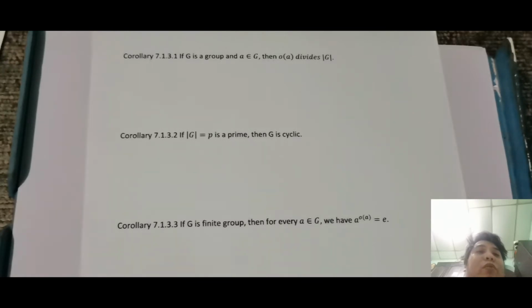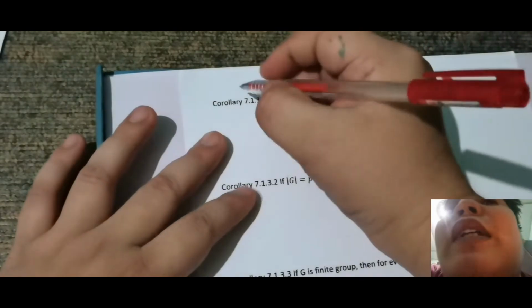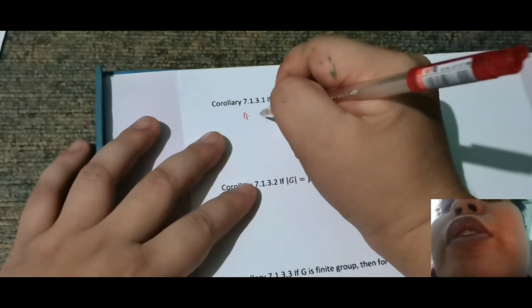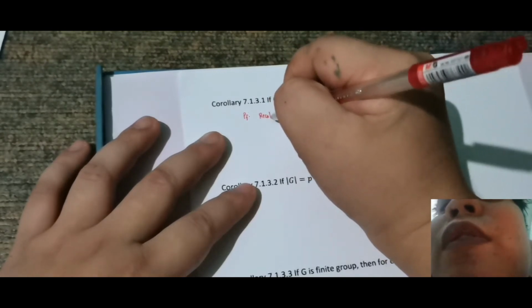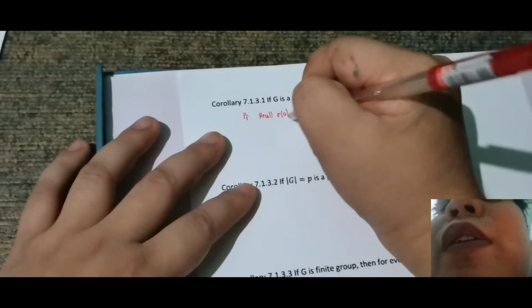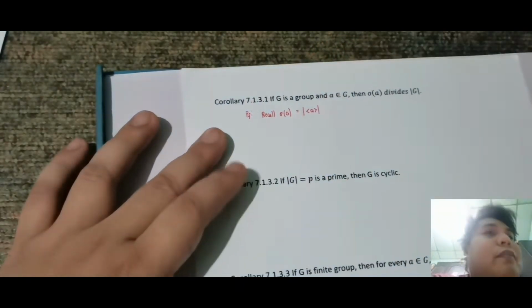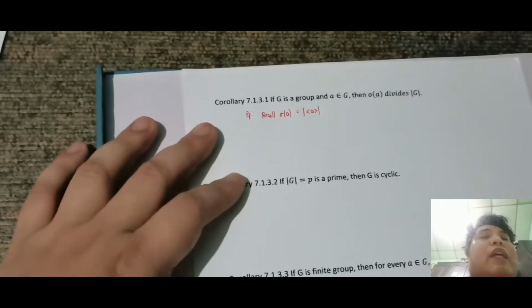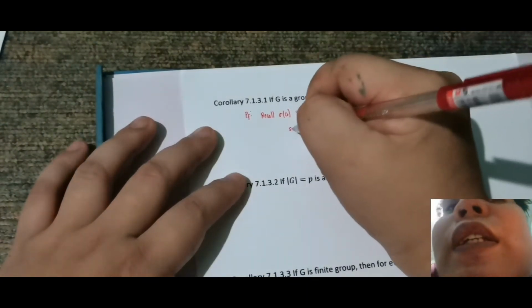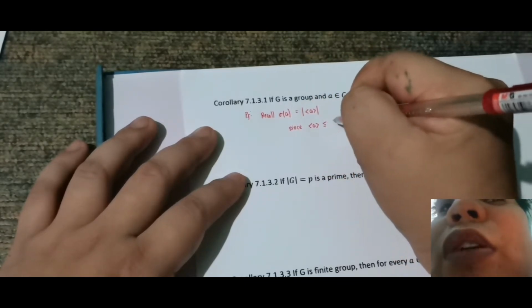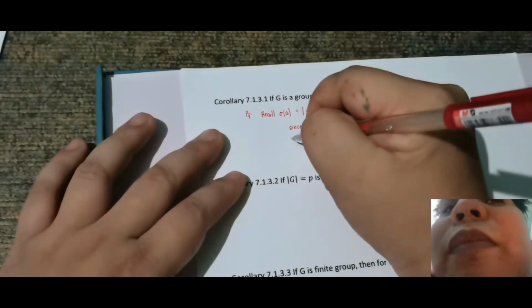Now, if G is a group and A is an element of G, then the order of A divides the order of G. So paano siya i-prove? Actually, napaka-simple at napaka-basic lang niya. So ito yung proof. Okay, so note or recall that the order of A is equal to the order of the cyclic subgroup generated by A. Tama. So, kung naalala nyo, tama yan. So, next is since the cyclic subgroup generated by A is a subgroup of G, and we all know that. Okay, then by Lagrange theorem,